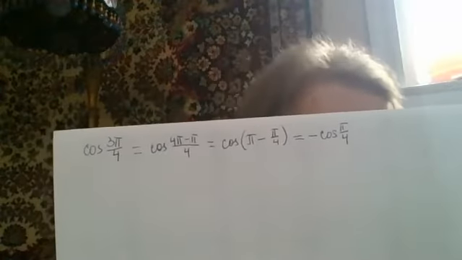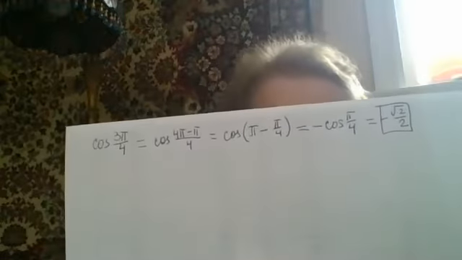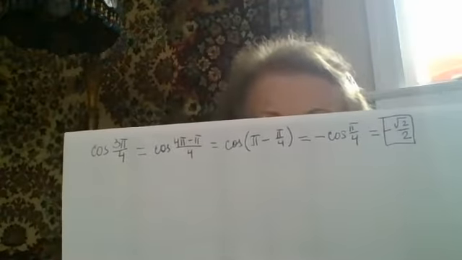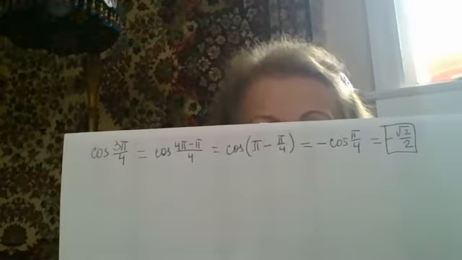So we basically proved that cosine of 3 pi over 4 should be equal to negative cosine of pi over 4. And just plug the value for cosine of pi over 4, the square root of 2 over 2. So together you have the answer. The answer is negative square root of 2 over 2. This is another proof. Okay. But I will not be satisfied with just 2 proofs. Now I am going to prove this in the third method.